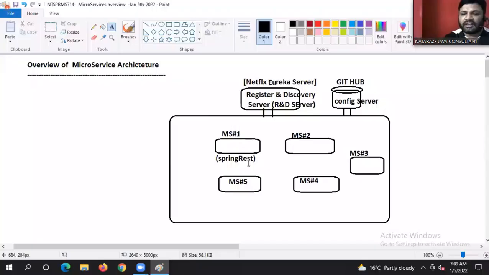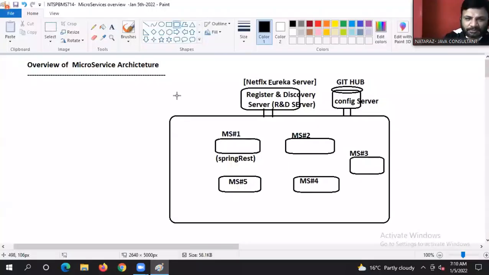Okay, next. Now listen, guys. If any microservice fails in the execution or in the setup, it has to be informed to the admin without disturbing other microservices.